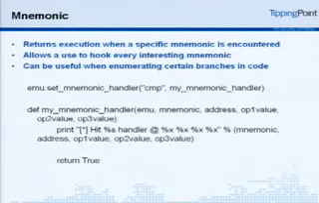here's mnemonics. Like all the others, they're pretty self-explanatory. Return execution when a specific mnemonic is encountered. It allows the user to hook every interesting mnemonic. It can be useful for enumerating certain branches in code. I have an example later, but you could say, give me control every time compare is hit. Give me control every time a move happens. Give me control every time a call, a jump, things of that nature happen. So it's pretty useful for gathering that kind of information. And like I said, if you return false from these functions,